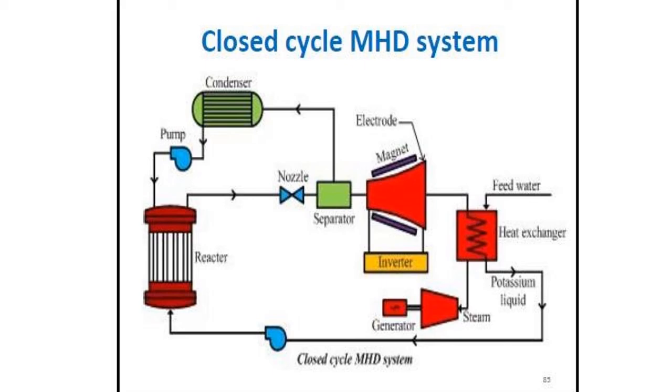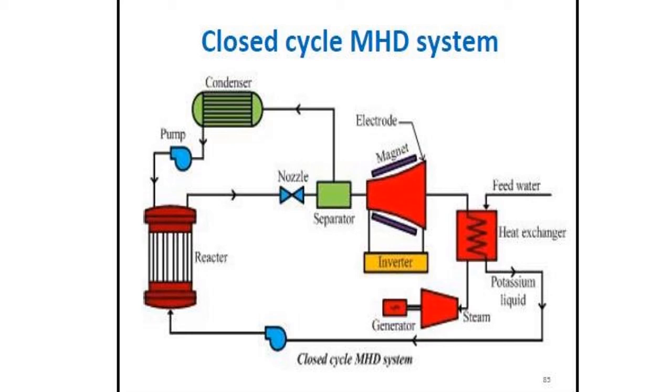From the nozzle action, the vapors are formed, and it is given to the separator. In the separator, the vapor is separated, and then from the separator it is given to the condenser. The separated parts are what we require for the electricity production. That part we are giving to the MHD generator, and the other separated part is given to the condenser, and it is again pumped and given to the reactor, to the nozzle, and the process